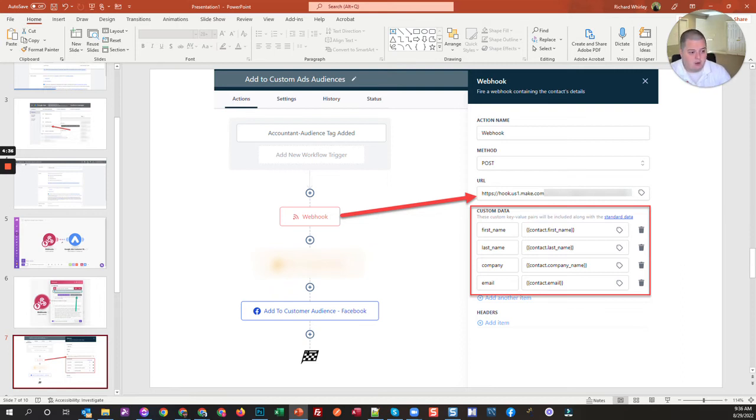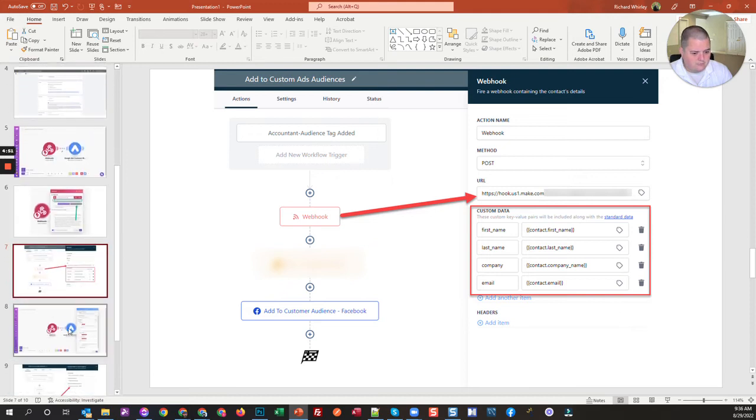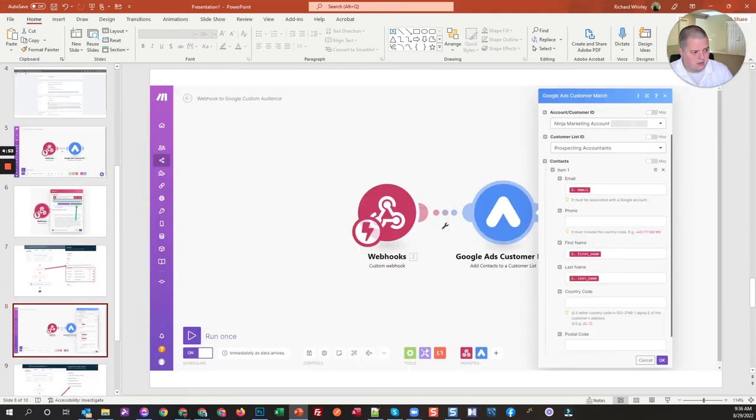So in our workflow, it's really simple. And by the way, this is blurred out because this is Google Analytics. You can do it through Google Analytics, just much more complicated. So I did a webhook. It's just a lot more straightforward. So with the webhook, you're passing it to this URL, and then you go into your other side of your Make